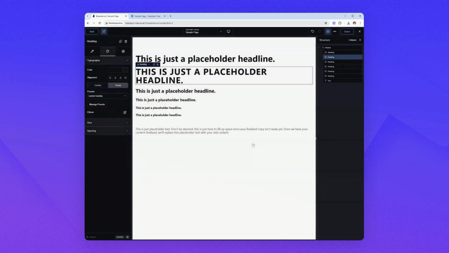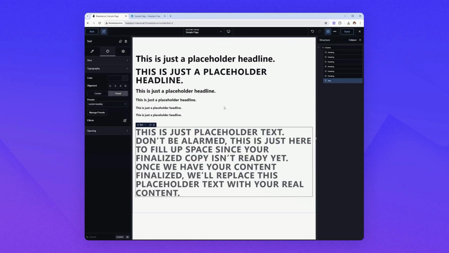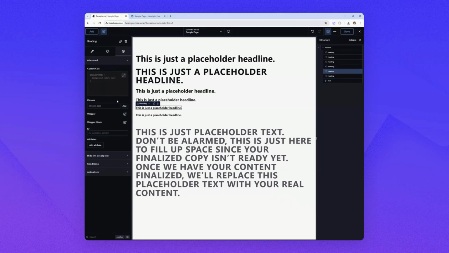Save it, and now you can reuse this preset, which has a Breakdance value inside, and you can apply this preset to every text element. Like for this, let's say, okay, see. So it's up to you how you use it, or you can just use classes, like this. Add a class, custom heading,